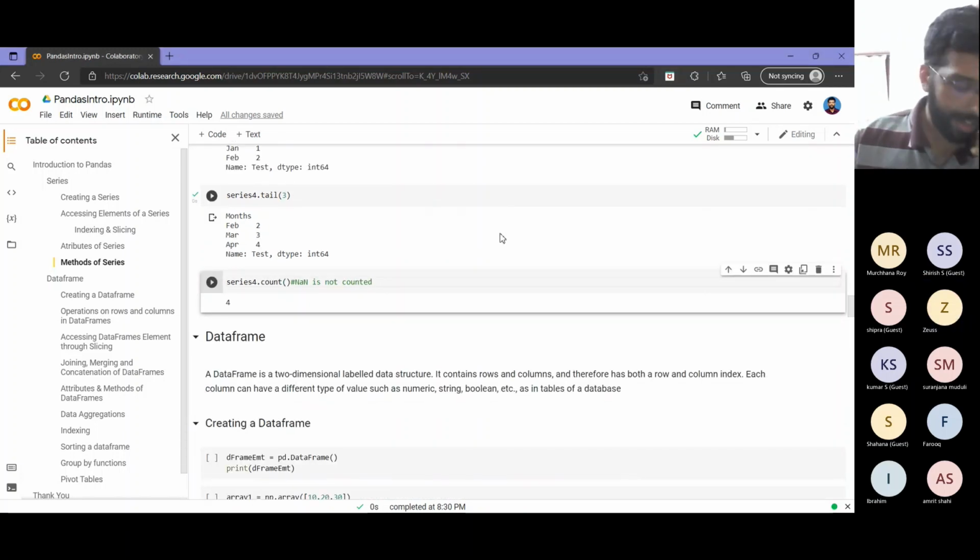The reason I covered series in this much depth is that most of these functions, methods and attributes we covered for series are common for data frames also. But if you try to explain them using data frames, you may become confused, so it is better to explain those things using series. That's why I explained in detail. When we go to data frames, I will mostly skip through those points because I think you will already know them. If you need me to explain more, just tell me. Okay, so data frame.